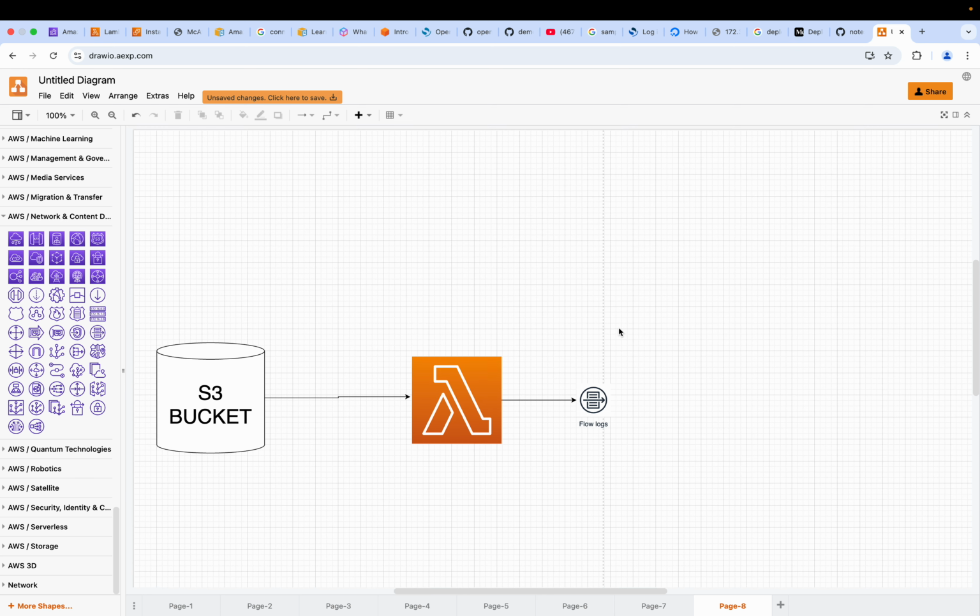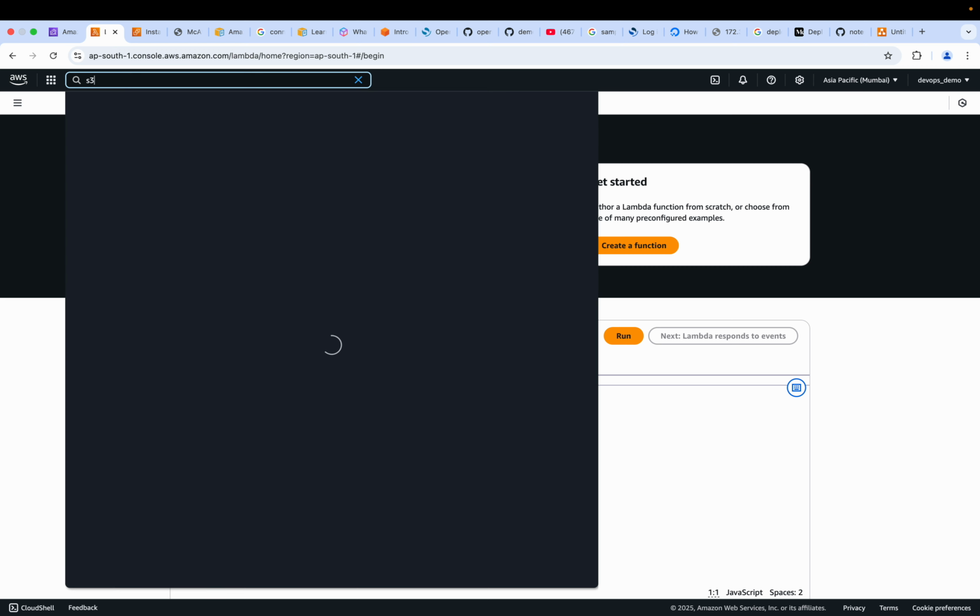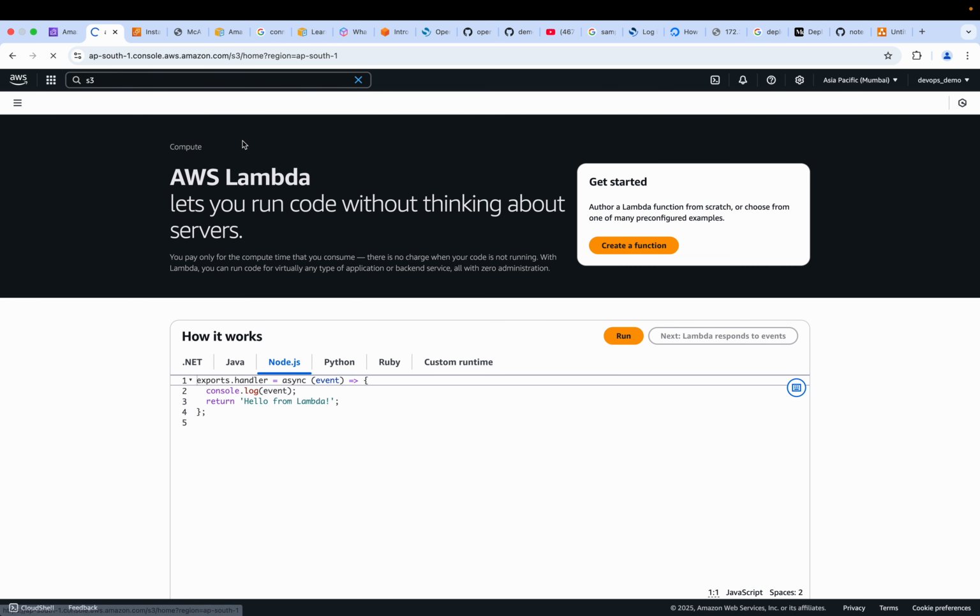So here, without any further delay, let's directly move to the AWS console, and there we will create one S3 bucket, one Lambda function, and we will do the setup to generate these logs and to set this event notification from S3 to Lambda function. So let's get into the S3 bucket here. I will be searching for S3. Let's get into the S3 console,